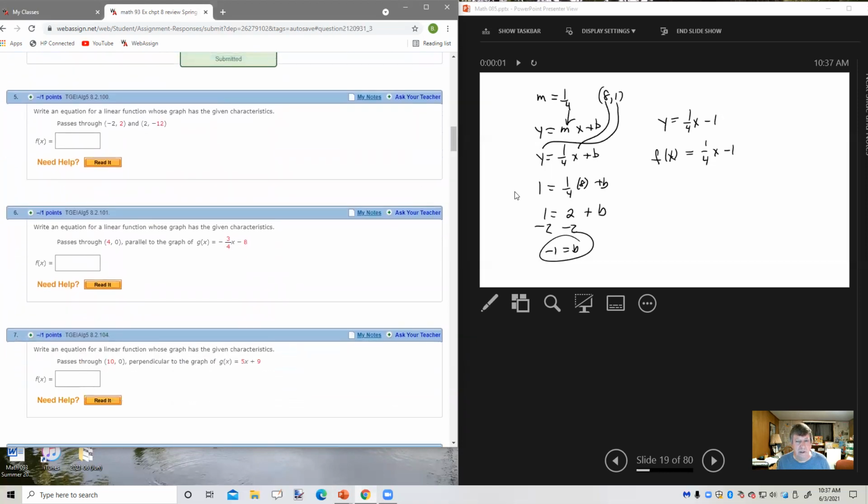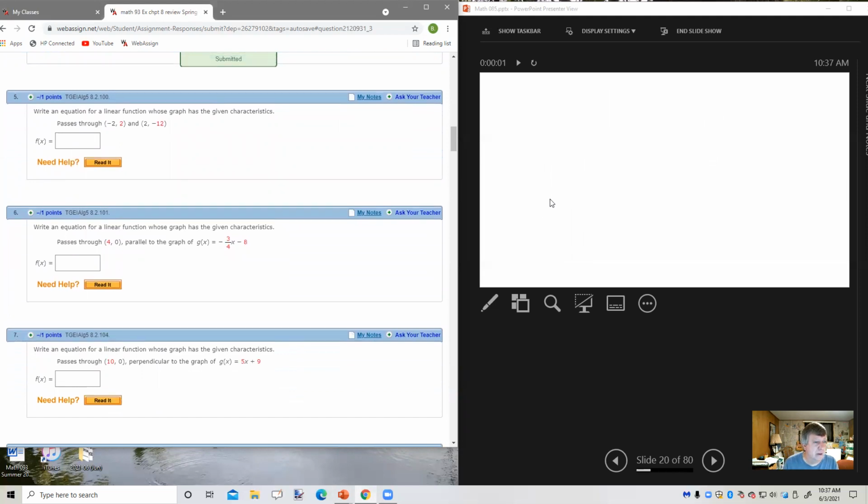Okay, let's take a look at problem number 5 there. Write an equation for a linear function whose graph has the given characteristics. It passes through the points (-2, 2) and (2, -12). Well, again, we're going to use y equals mx plus b, but to find the slope, we're going to use